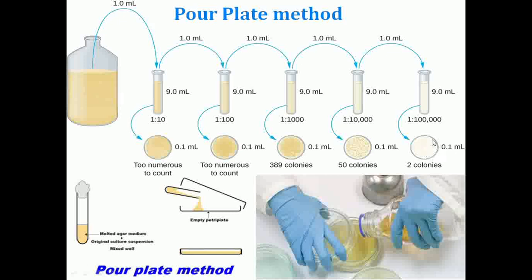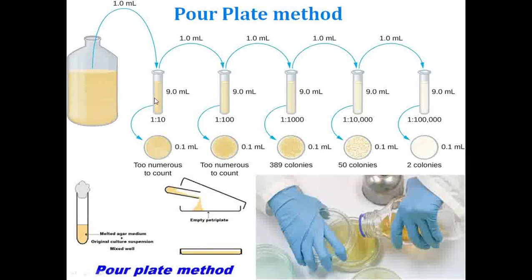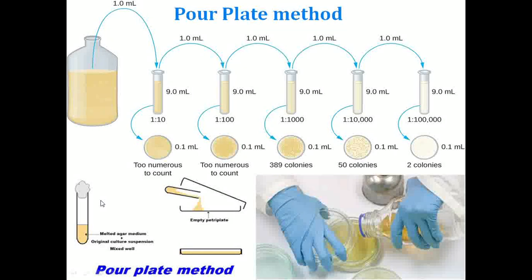What is exactly we required? So we'll go for pouring. In this, we are going to perform with the help of melted agar. So you have your culture broth ready of each one of the dilutions, right? This is 1 is to 10, this is 1 is to 100, different dilution sets we have. And then we will remove a certain amount of the culture out of it and we'll add it into our melted agar.